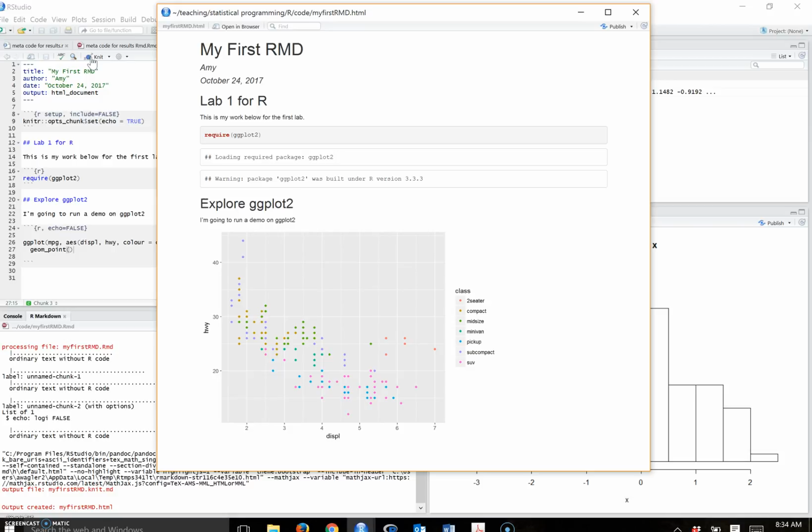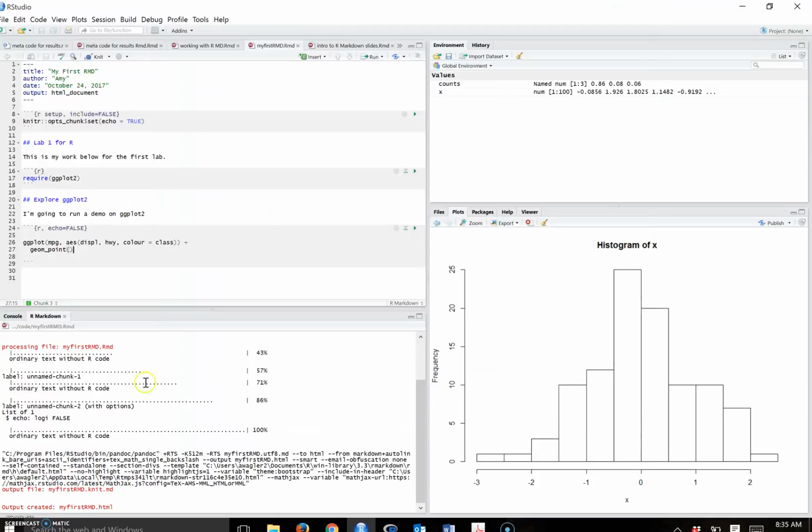Notice this is the same data set, mpg, that was in the original demo file for our Markdown. It's just a much better looking plot, because what do we have here? We have an X and Y scatter plot that is coded according to what type of car it is. So we can see two-seater cars in the kind of reddish hue. Oh, maybe over here. Compact cars with the kind of brownish yellow color, midsize, what is that? Green, and so on. Okay, so make sure you can run this. And then